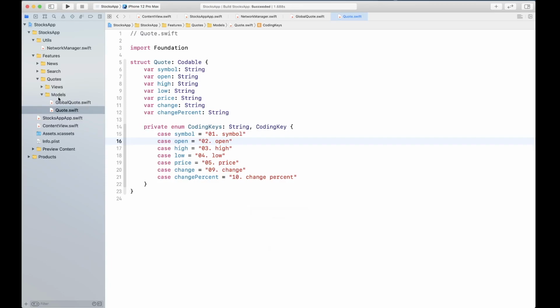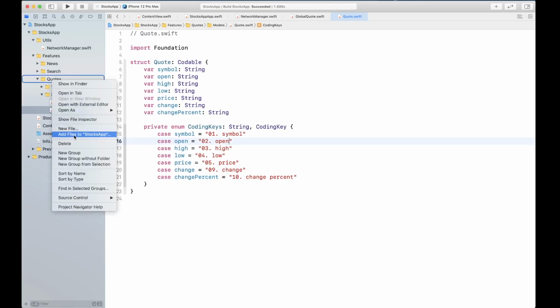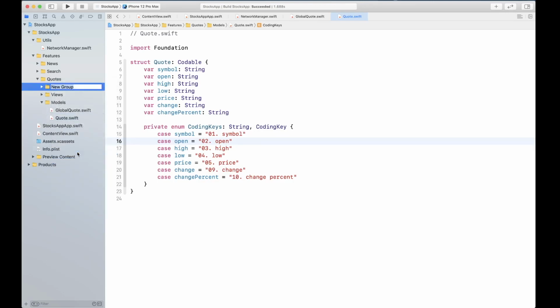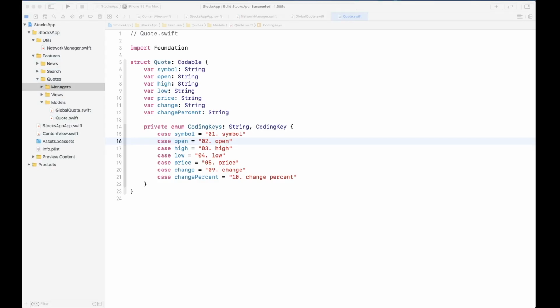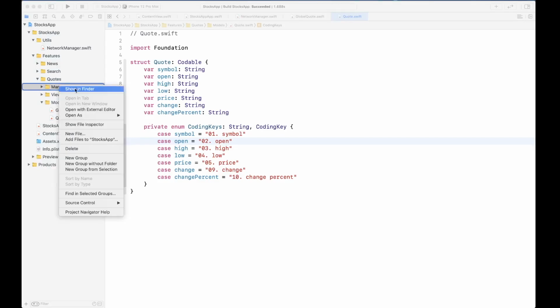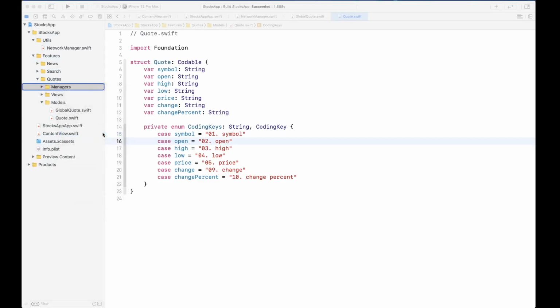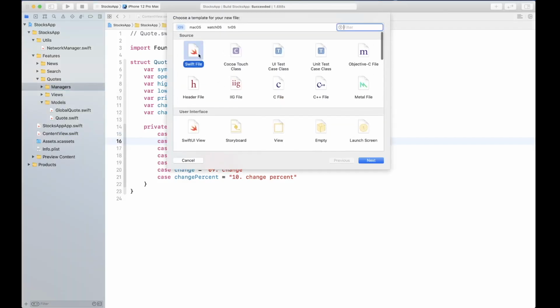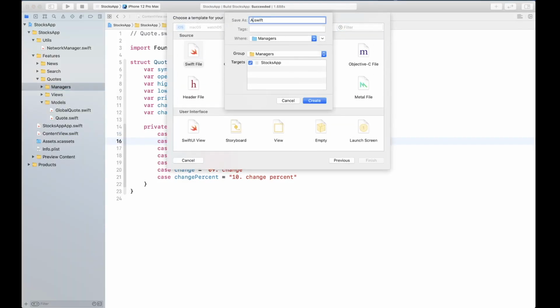Okay, so next let's create a folder for managers, and this is where we're going to keep our quote manager and stuff like that. Let's go ahead and create first a file called API. We're going to keep all the API related stuff in here.